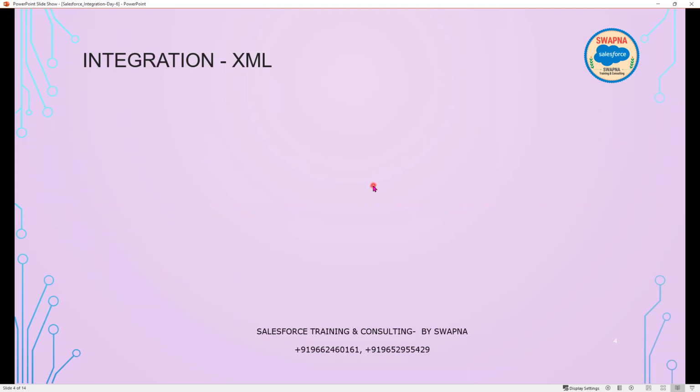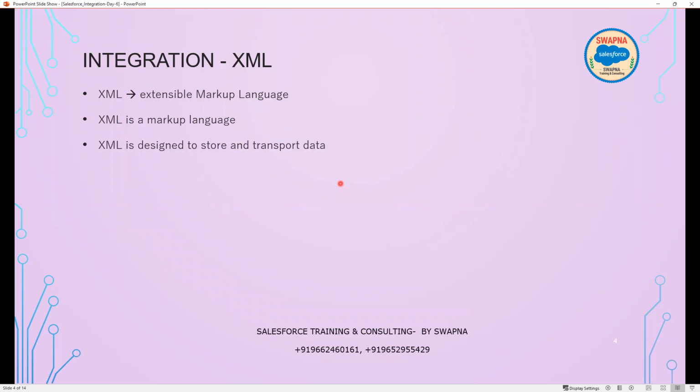Now, XML is nothing but extensible markup language. So basically XML is also a markup language, and XML is designed to store and transport data. Basically, it is used to store information as well as send data to another system or receive information, right? And XML is designed to be self-descriptive. Self-descriptive is nothing but